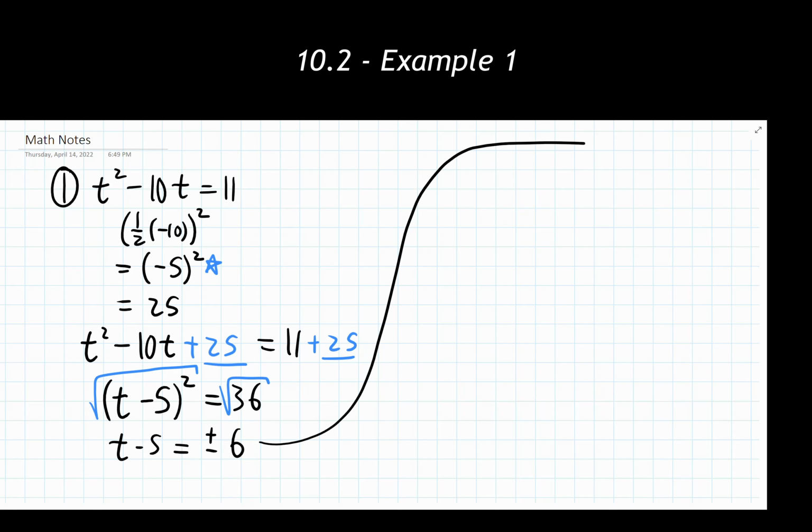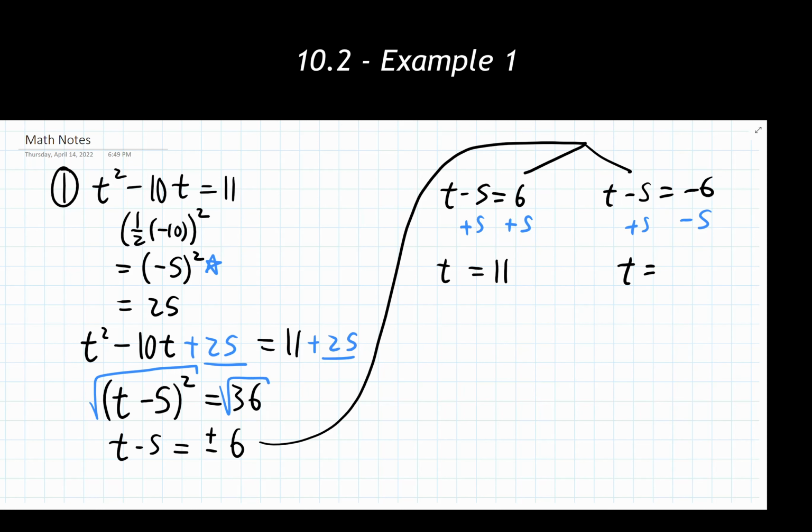I'm going to move us up here, and I'm going to split this into our 2 scenarios. An instance where we have t minus 5 equals a positive 6, and where t minus 5 equals a negative 6. And we're solving each of those individually. So I'm adding 5 to the left side, I'm getting t equals 11. Adding to the left and right side over here, I'm getting t equals... whoops, I should probably write that it's a plus 5. That makes a bit more sense now. Perfect. So now I'm getting t equals 11, I'm getting t equals negative 1. These are going to be our 2 answers that we have showing up here.